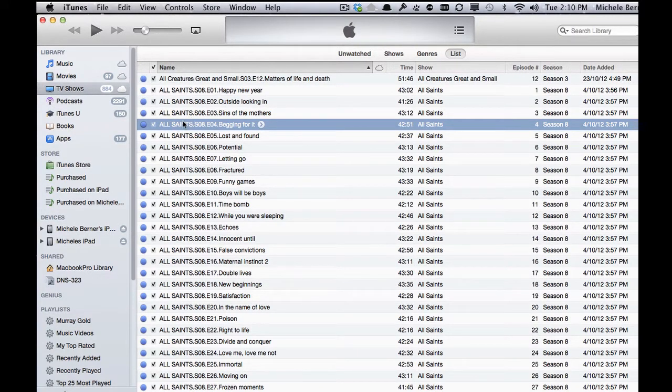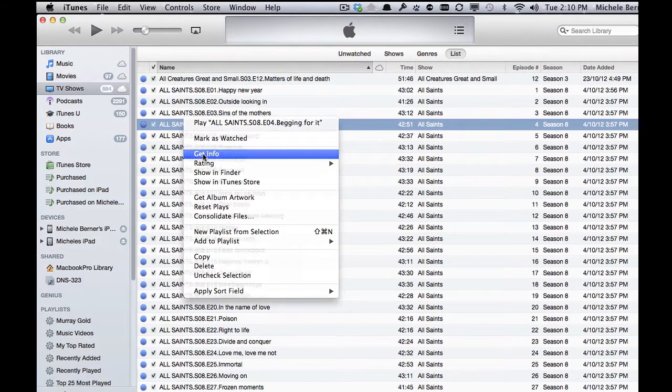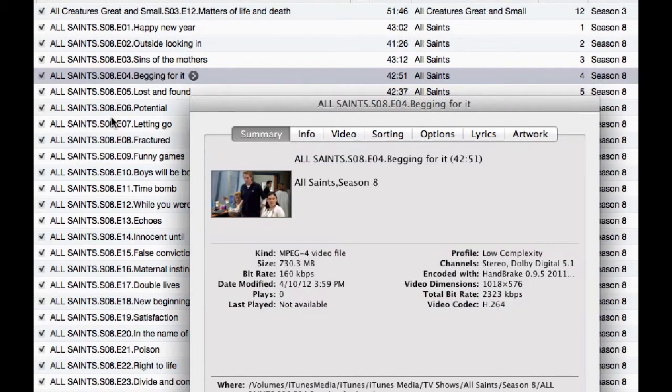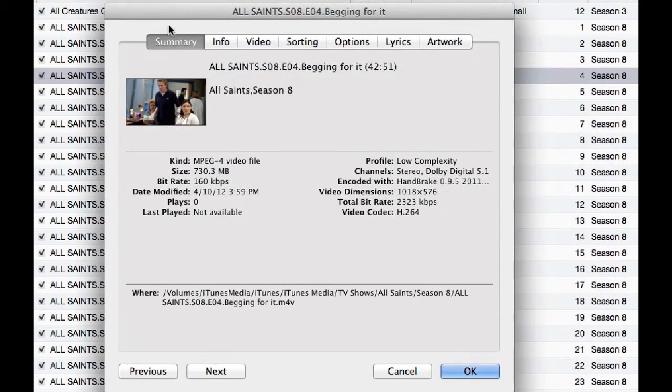so it makes it easy to find everything. So if I right-click on that and select Get Info, you can see all of the information. When you rip a TV show, and this one's come from the All Saints DVD, I have to put all that information in. If I'm downloading a movie from iTunes, then iTunes will provide all that information. So when you right-click, you have your summary pane. It gives you the title, which is what I selected when I was ripping it in Handbrake, and it tells me all the information about where that file's come from and its size and its codec,